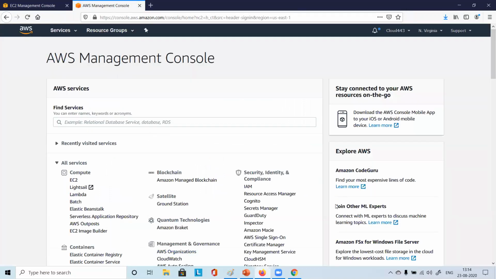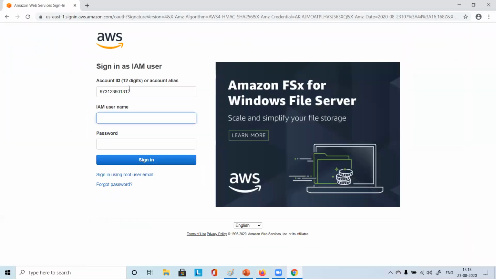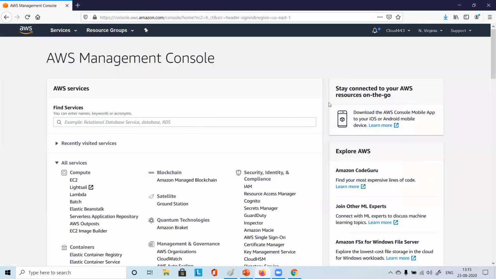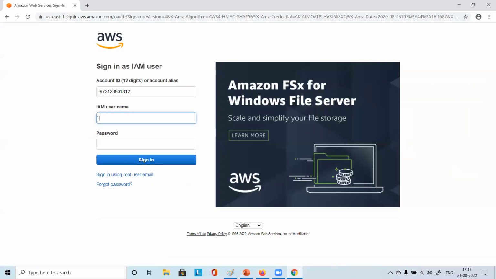Directly it signed in for me because it's saved. But when you come and try to log in, it asks for the root account. It doesn't give this option. So here they have given a different URL for signing in as the user. They have given us the option where we can give the username and then the password, and the account ID is mentioned.